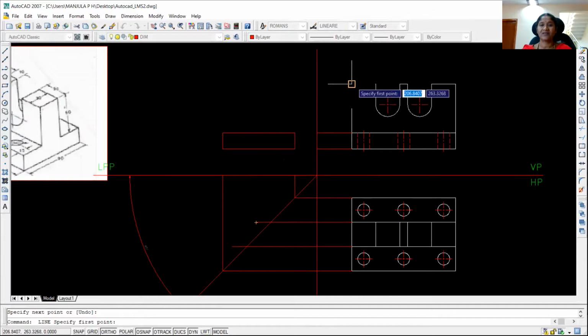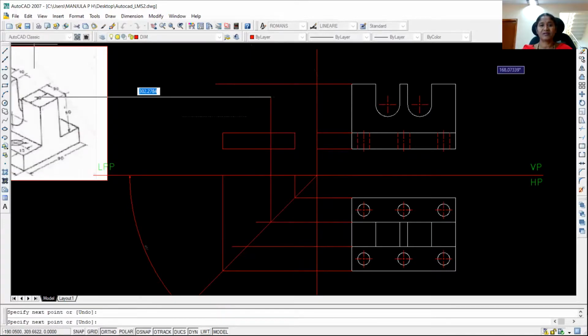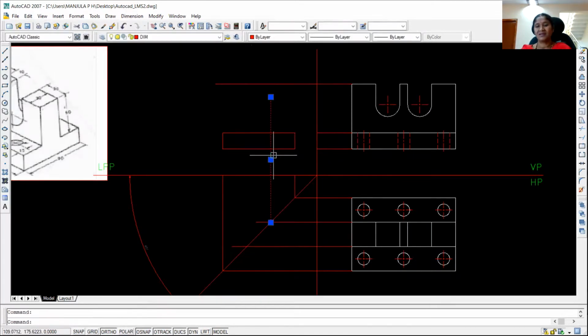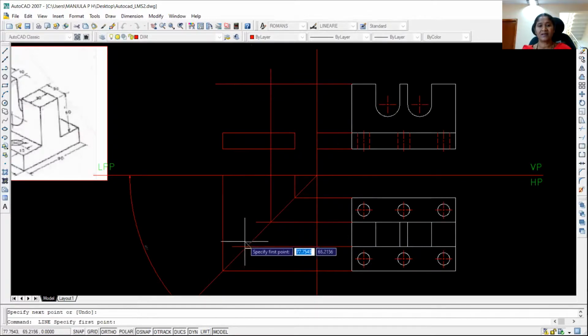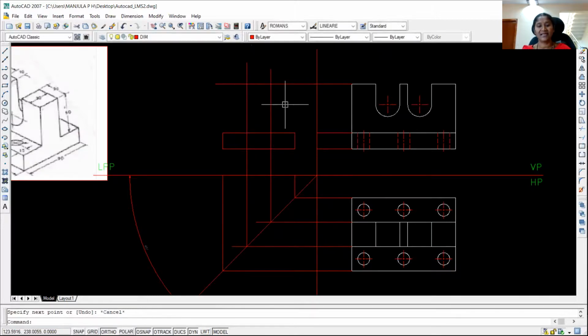So for that, first you draw a horizontal projector from the front view to the side view. Again, from here, you project it upwards from this point to the 45-degree line. So line command, enter, from this point to this line. Again, space bar, from this point, project it upwards. Okay. Now again, you trim the lines that are not required. TR, enter, enter. Trim off the extra lines. Okay.